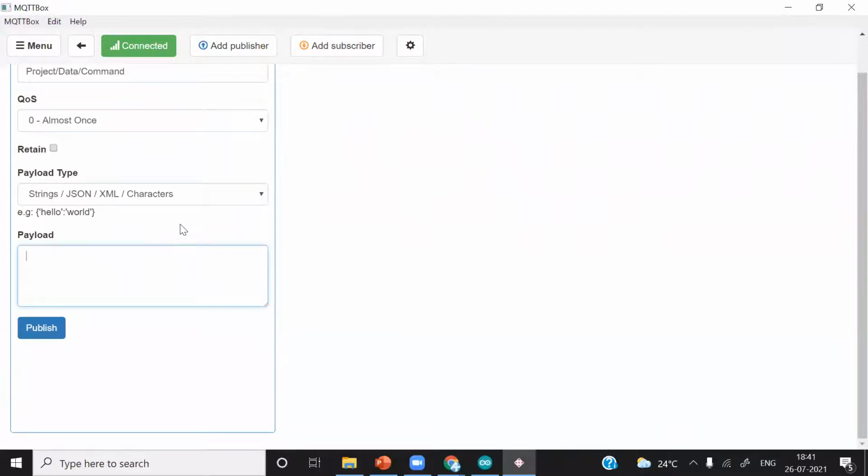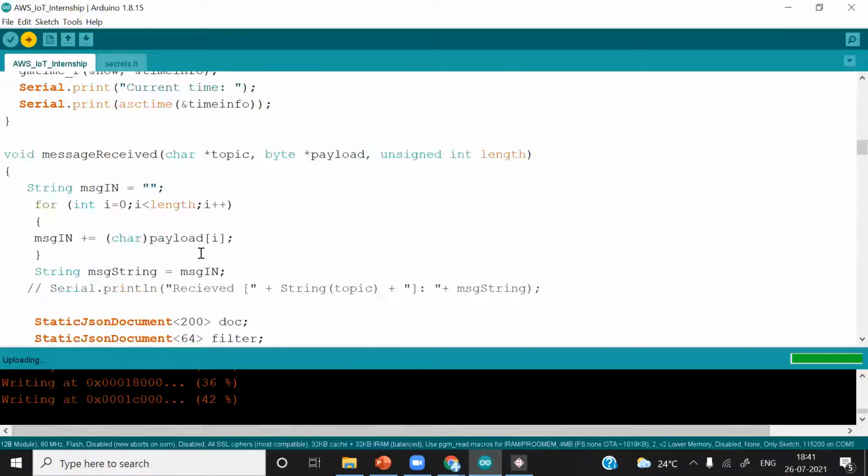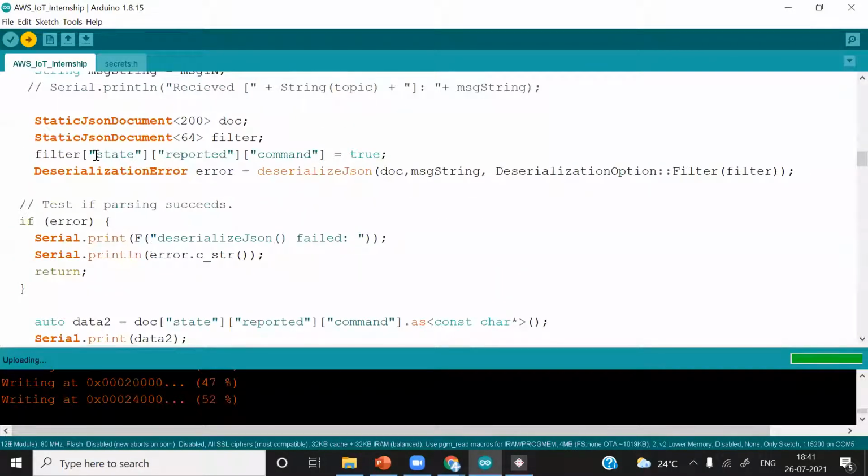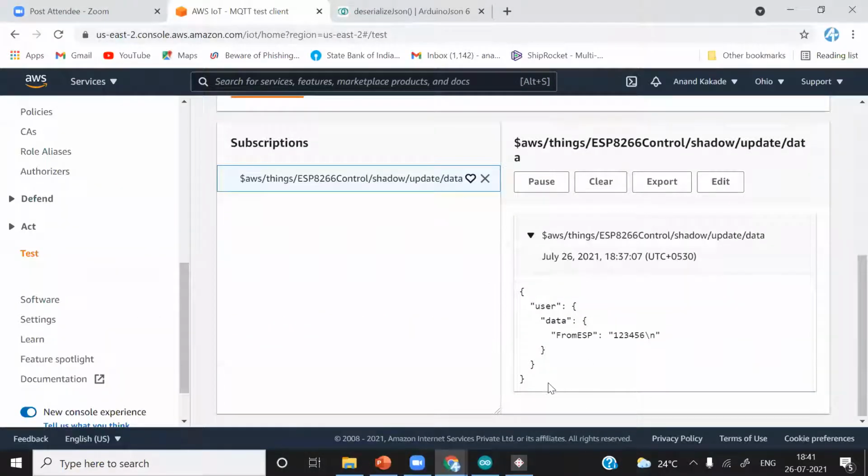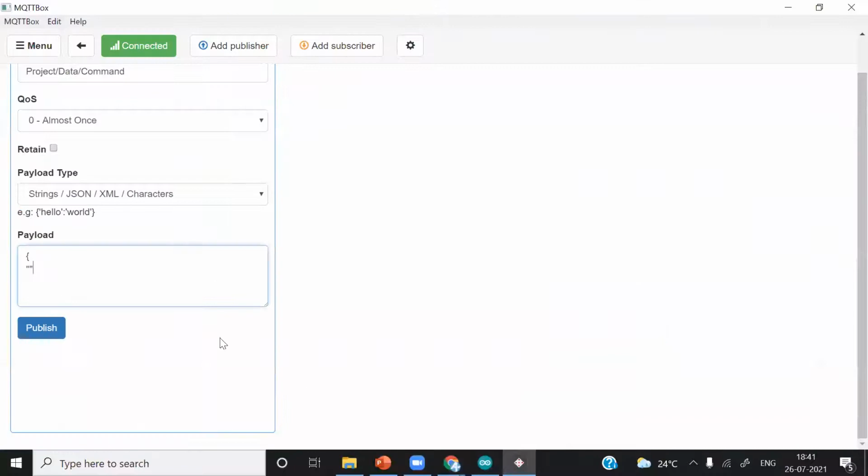Now what we'll do, we will create our payload. So to create the payload, just simply add this, and after adding, define the labels first. See the code. So there are three levels. First is state, reported, and command. We have to form the data. Okay, you can just simply copy this one. Okay, what I will do, I will just copy this one, Control C. So just to take the data structure, okay, because we are sending in the same and receiving in the same structure, and we will make a few changes. I'll delete this, Control V.